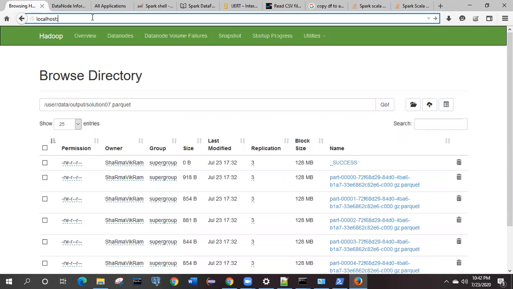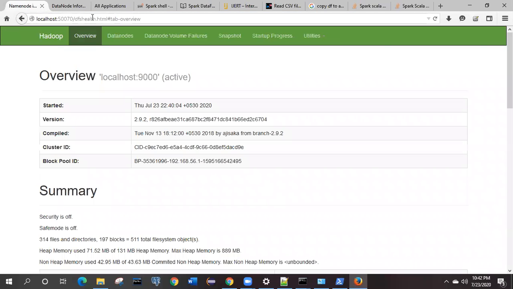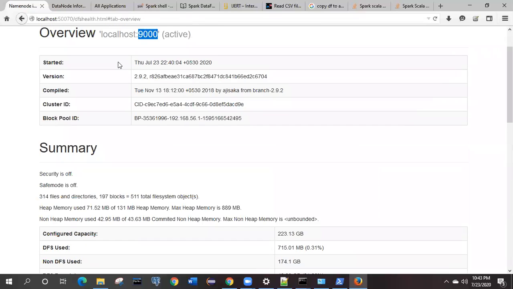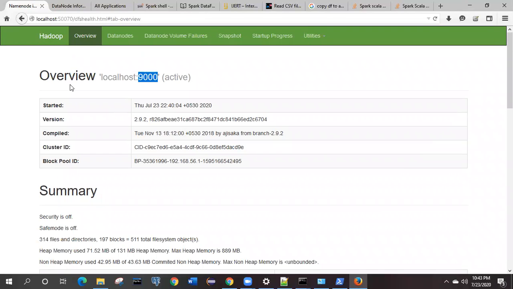It's already open, but I will open it in front of you. This is the port for the overall Hadoop health. This is the name node, which we have configured at localhost, running at 9000. That is set in core-site and hdfs-site during the Hadoop configuration. It gives you all the information from here.